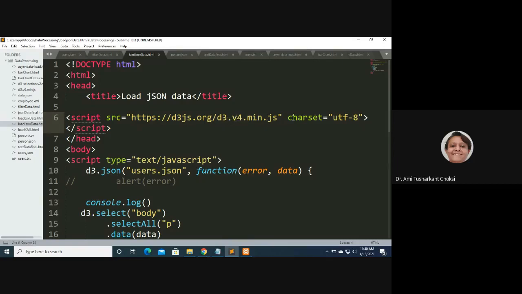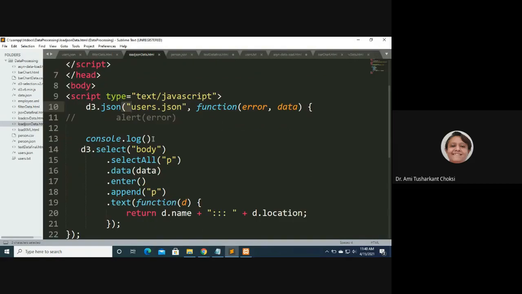After loading the d3.js, what we can do is have the JSON loaded using d3.json. We know this file name we have provided. Then after that we have console.log. Then d3.select for body, then p tags, then data, then enter. This returns an empty placeholder. Then we are appending p tags.